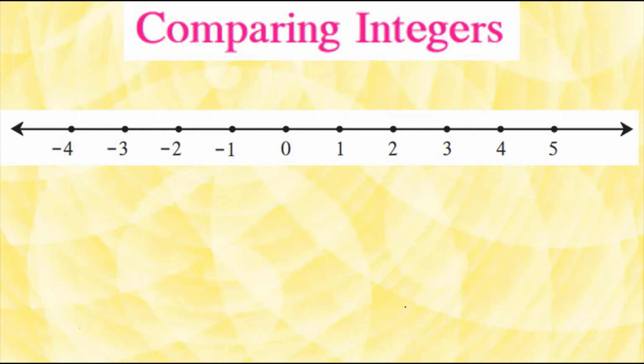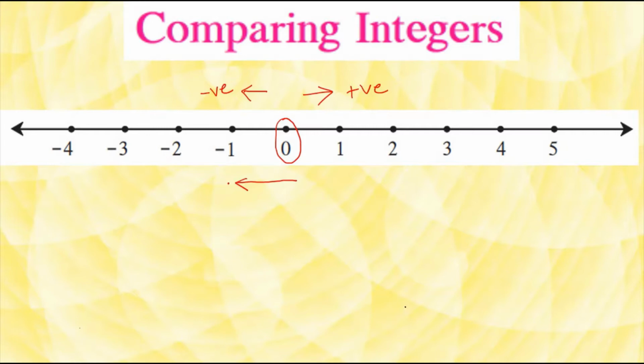We have already studied the number line. On the number line, you can observe that 0 is at the center. To the right side of 0, we have all the positive integers, and to the left side of 0, we have all the negative integers. Now, as we move towards the left,